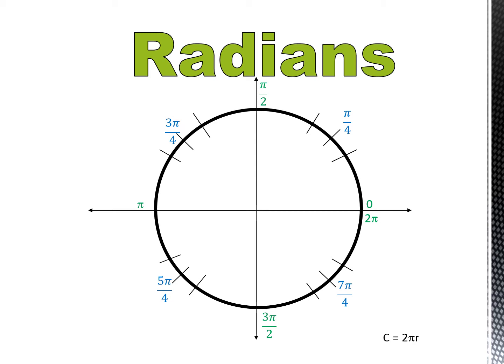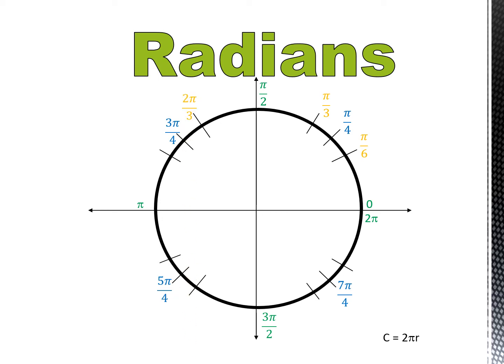Now let's fill in the 30, 60, 90 angles with their radians. The first tick mark that's missing is 30 degrees. To find it, you should know that it is 1/6 of pi, or pi over 6. The next one up, 2 pi over 6, but that reduces down to pi over 3. The next tick over,